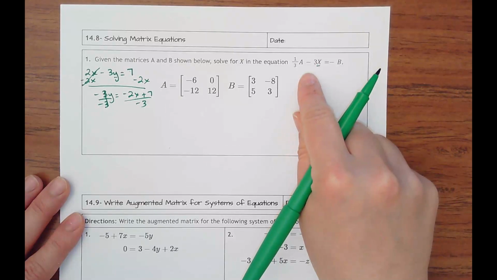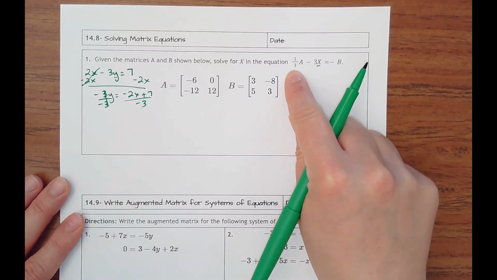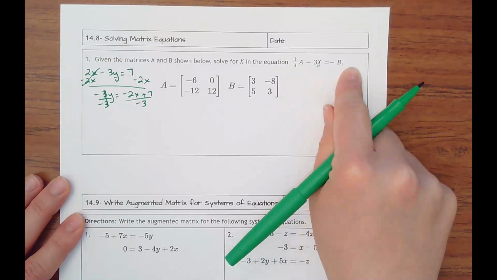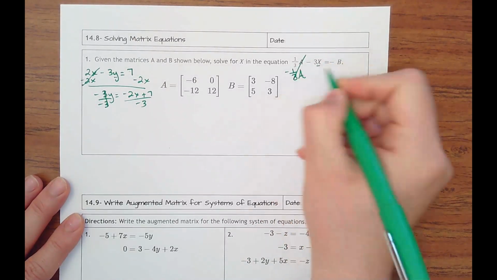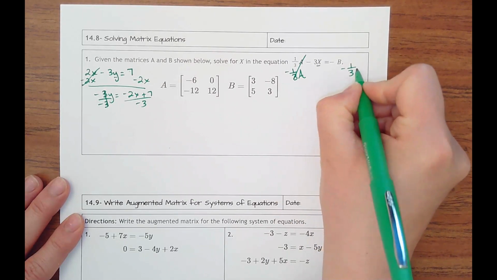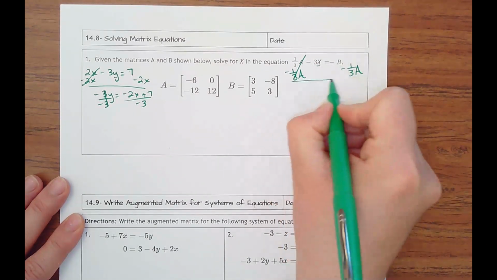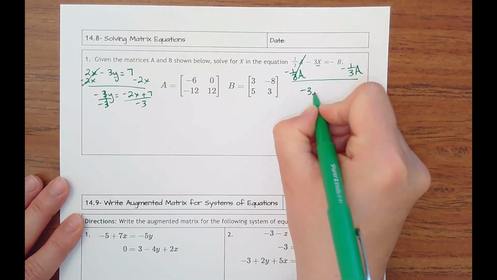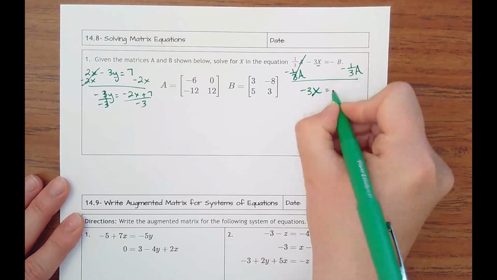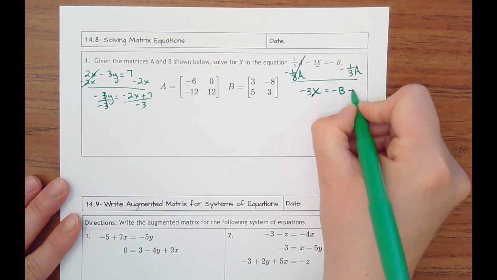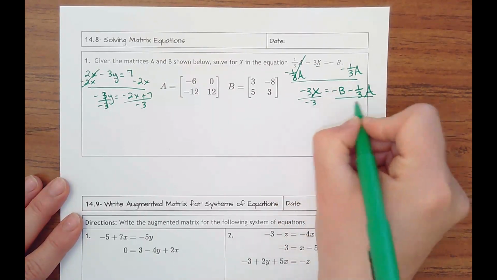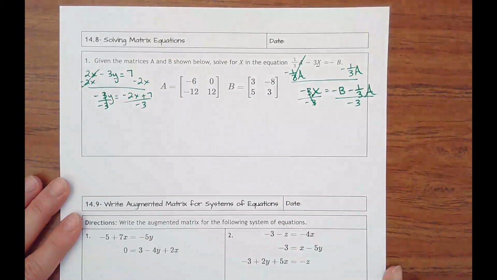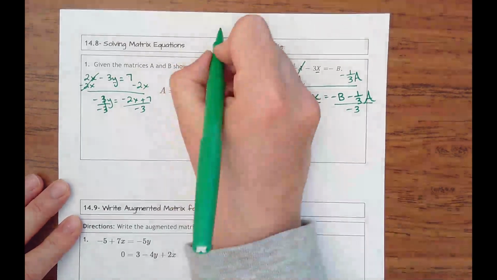So in this problem, I've got the 1/3 a. I don't want to get a by itself. I want to move the whole term over. And since it's positive, I'm going to subtract it. Bring down that I've got negative 3 times x. And I'm not going to switch up the order because it doesn't really matter what order it's in. Then I have to divide by negative 3, and I divide everything. And the only problem with this is you can't